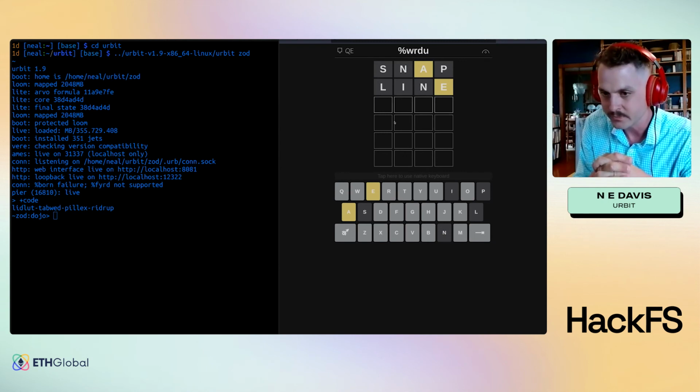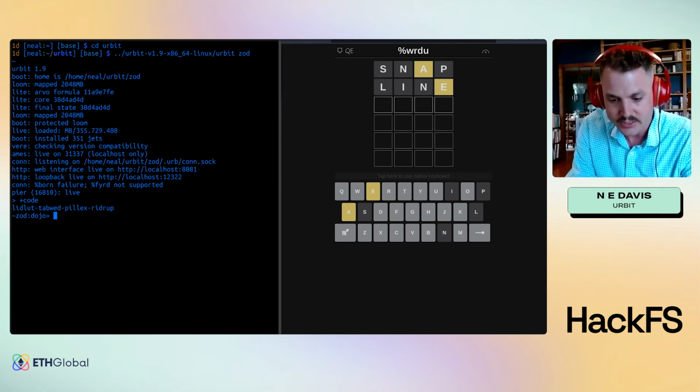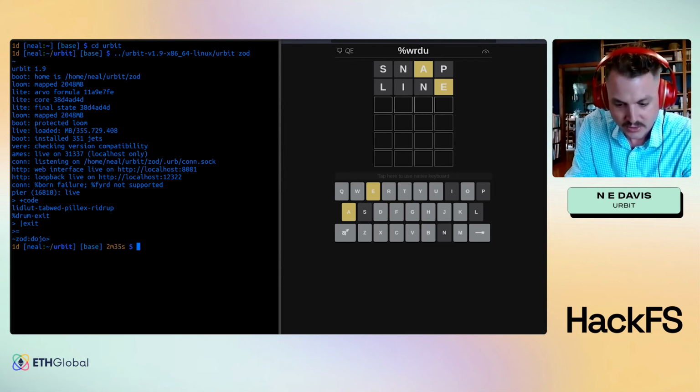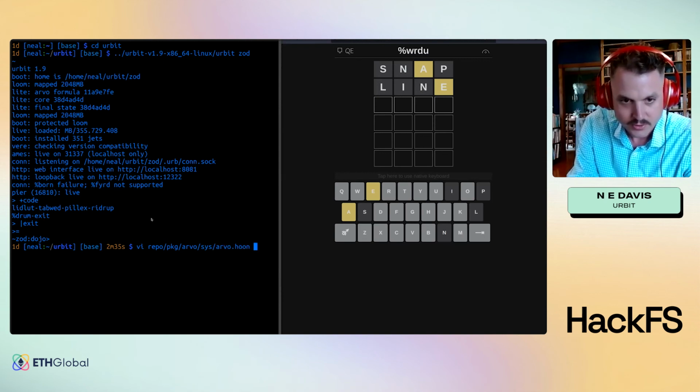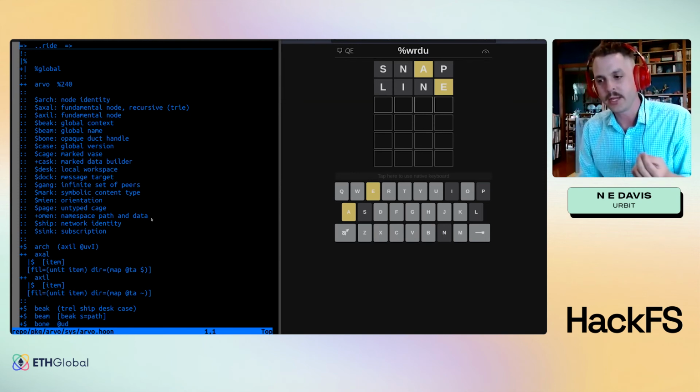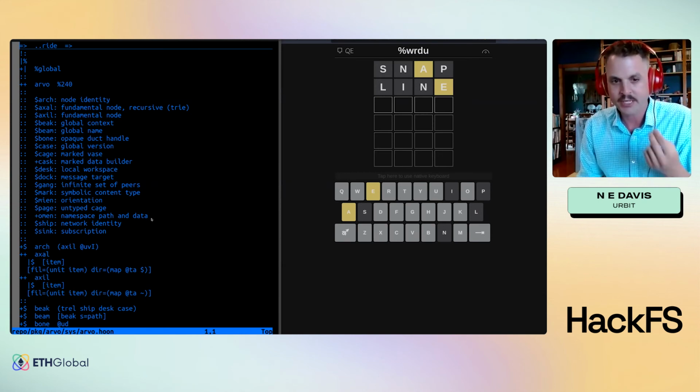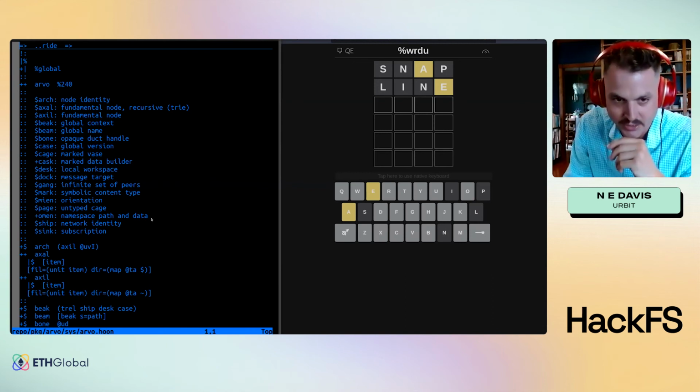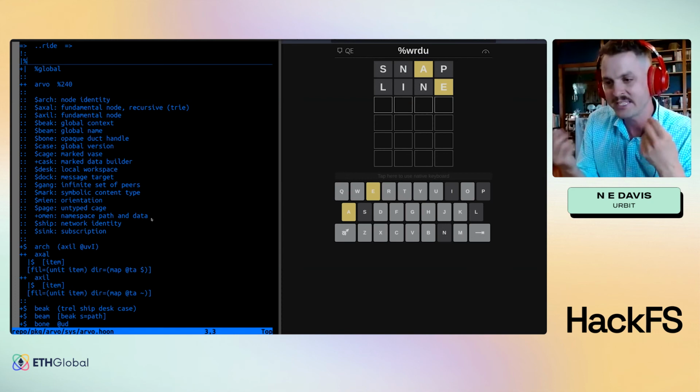So this is what it looks like to run an Urbit instance, what the actual experience is like. The code itself, let me bar exit here, and let me briefly show you some system code. All right. Hoon is a language that is not keyword based, and so it looks more like something like APL. Everything that starts with a double colon is a comment. Most of this is actually comments on the line that I'm looking at here. So it's like APL, but like an ASCII based APL.